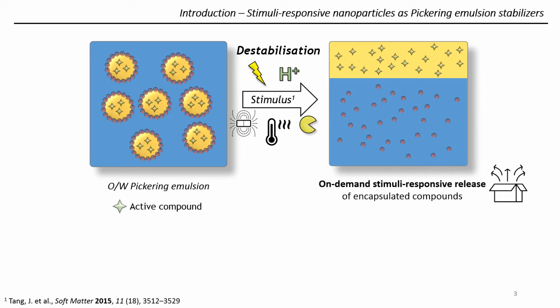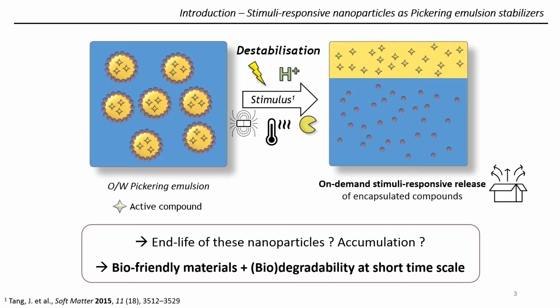This is of interest because if you encapsulate active compounds within the droplets, you can then have an on-demand stimuli-responsive release of this active on the target. So these kind of systems are really interesting for many applications in academia or industry, but among all the systems which are described in the literature,